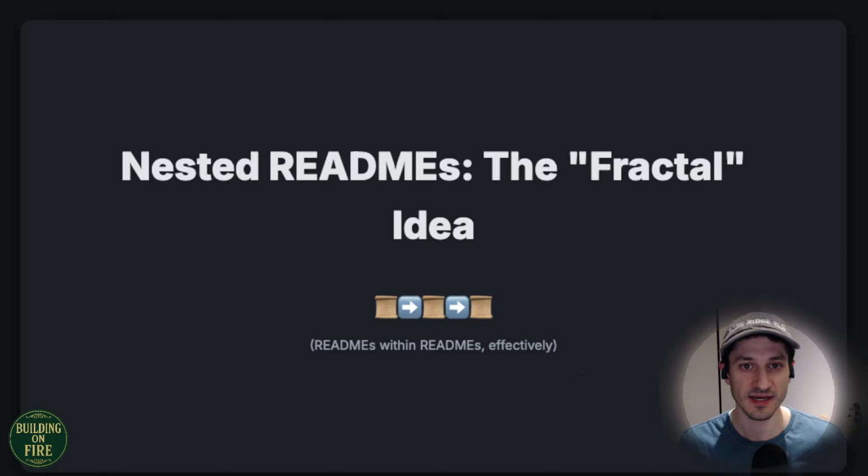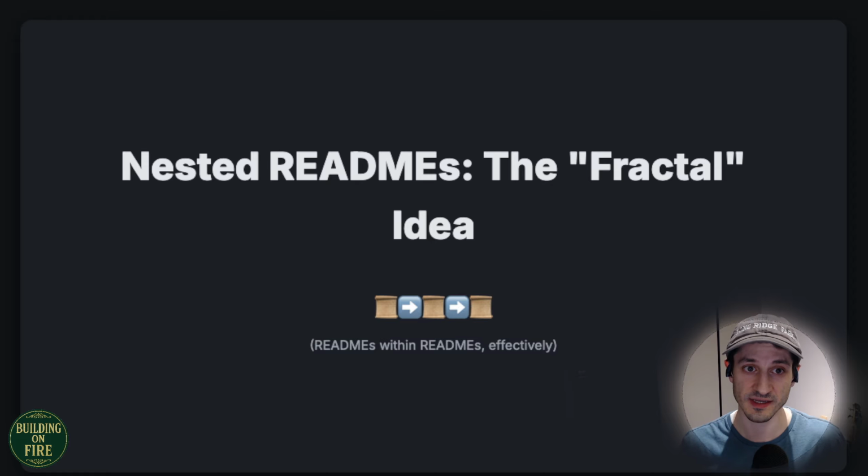So this nested README idea, I'm calling it fractal knowledge. It's just having READMEs referencing and explaining their children. The main project README is your 10,000 foot view. Each directory README covers its slice of the pie. Each file's docstring explains its specific job. And maybe for important classes and functions, you have another level. It's the same kind of info, just zoomed in or out. Consistent structure, scaled detail, that's it.